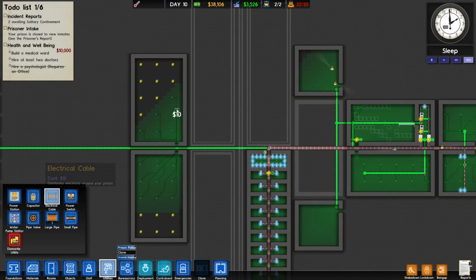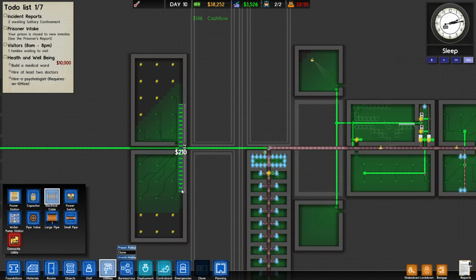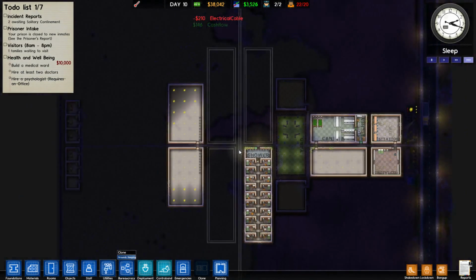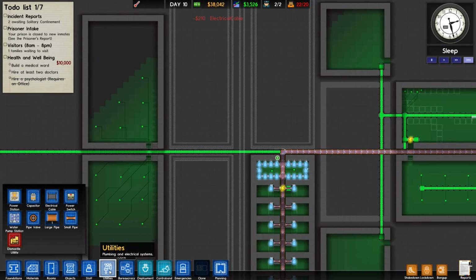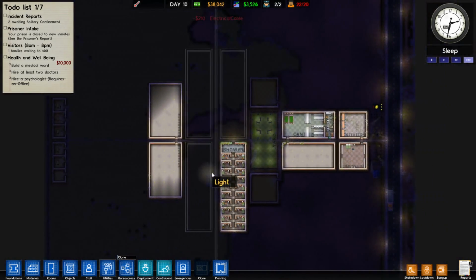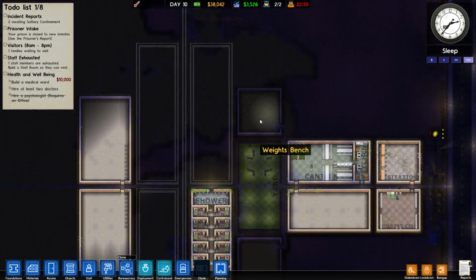So I'm just going to put some utilities in here. I'm just going to put some cabling. So that should give everything some electricity, hopefully. I may need some more cables, but we should be okay. Okay, so the cleaning cupboard